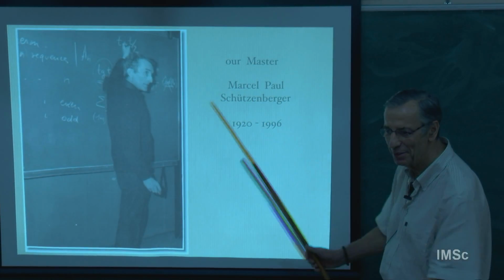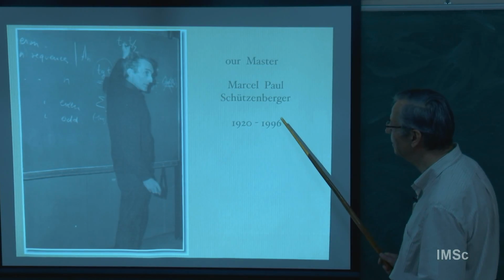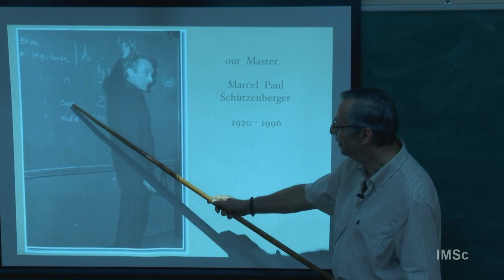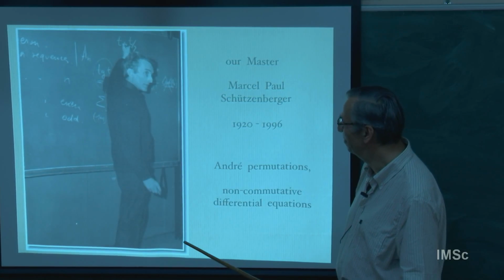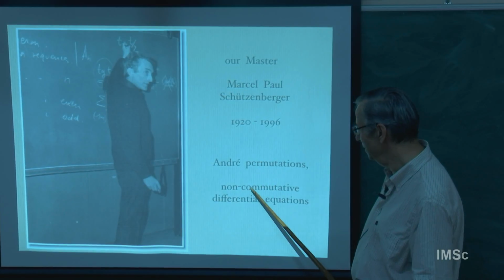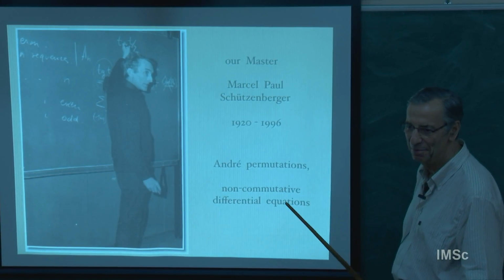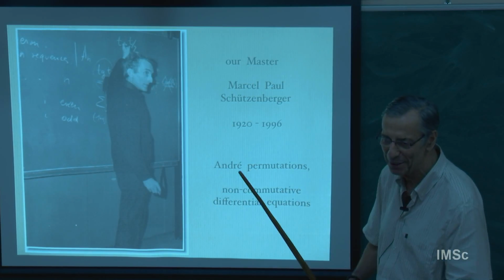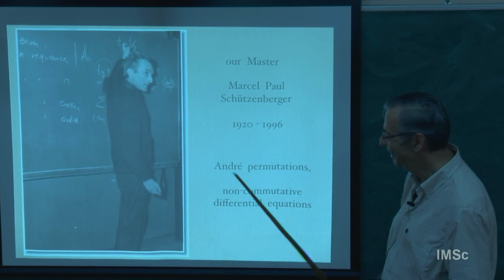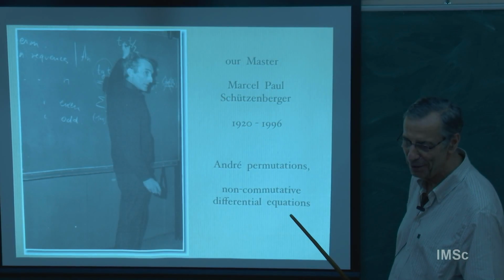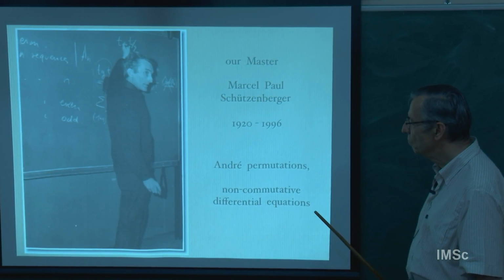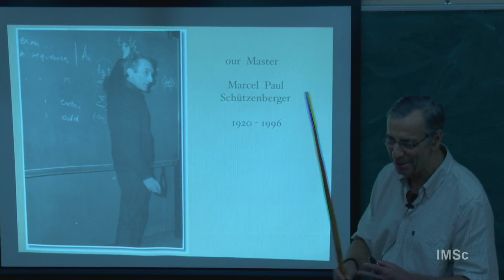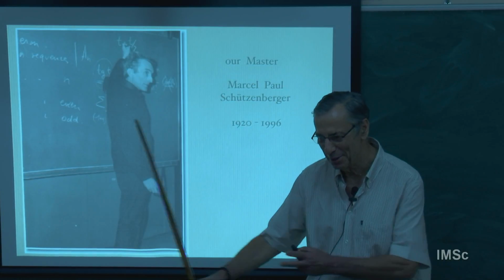And now we go back two centuries later, my good master, you see, tangent t over 2 is working with odd, even, and is doing some very interesting things about non-commutative differential equations. With an example of André permutations, this is the example: Euler tangent numbers and divisibility by 2, and there is a non-commutative differential equation. So this is, I can say, the great master speaking across the centuries, from one to another.